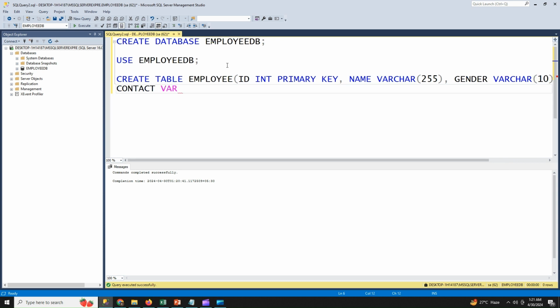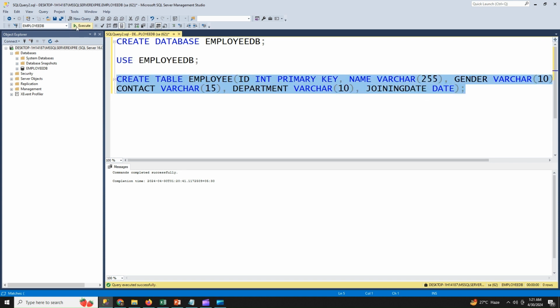Contact varchar 15. Department varchar 10 and joining date of the employee. I will take it as a date. So let's execute this query. Run this query. Table has been created here.